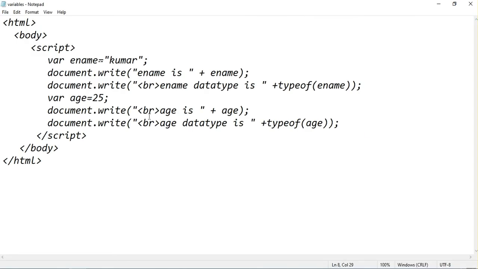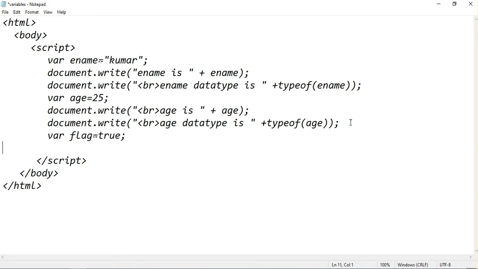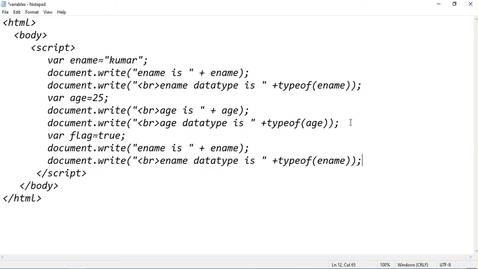Like this you have to write code for the remaining things also. For example, this time I am writing var flag = true, so a boolean value. Flag is, so let me write a reasonable statement here: flag value is, and now flag data type is.